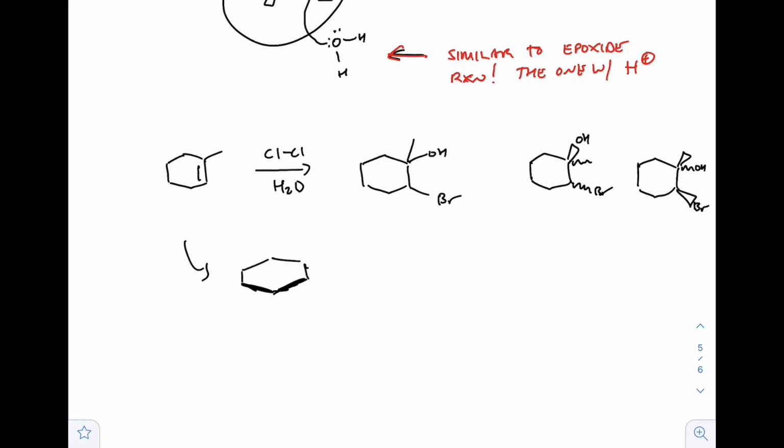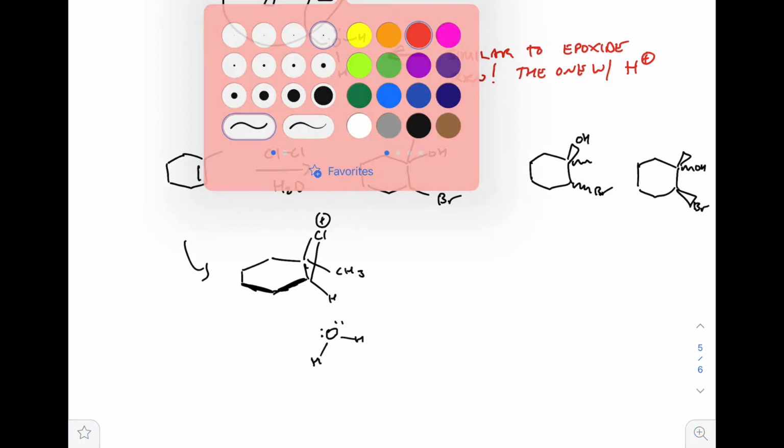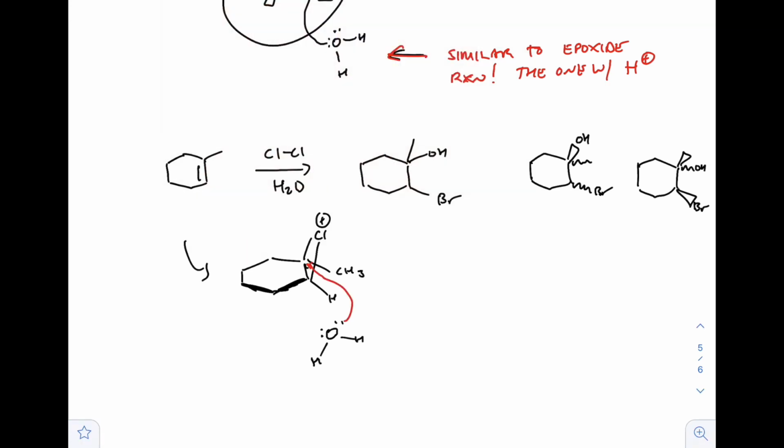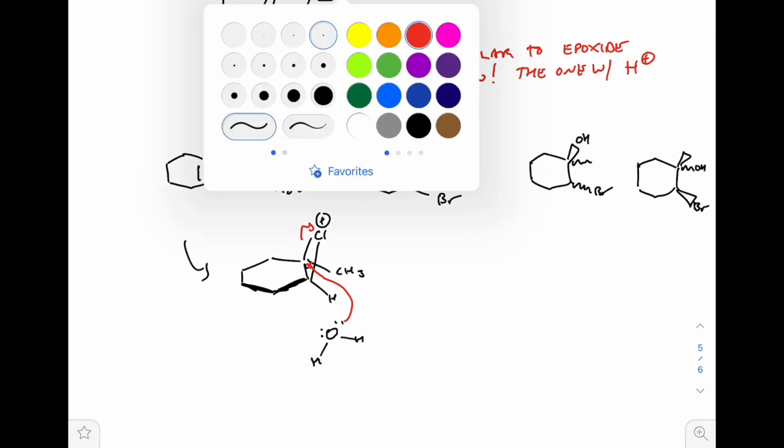All right, so we've got our chloronium ion here projected upward, but our hydrogens are down. That's supposed to be a methyl, my bad. Water can approach only from the bottom because of that chloronium ion occupying the top portion,